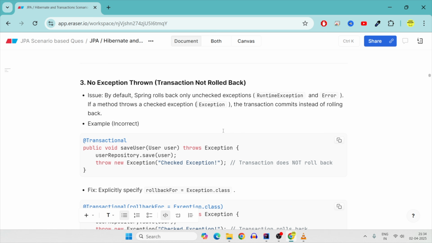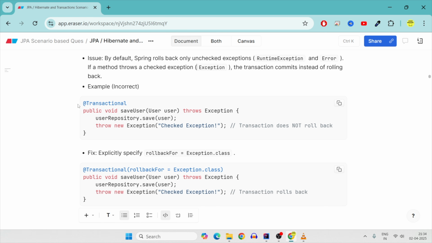The question was, the changes are not getting reflected as expected. So if I give you this code, this is a saveUser method, which is a transactional method. So either it should be done completely or it should not be done. Here at line number 1, I save it, but then I throw an exception. Then what I expect is that the data should not be visible in the database. The user data should not be saved in the user repository. But it will be saved. The data is not rolled back. Why is that so, even though it is transactional?